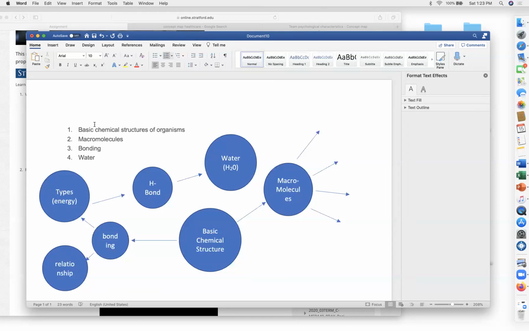So it goes, I get these four topics down, then I watch the videos, then I do the lecture, and then what do? As you build information, you just keep on adding to it. And then you'll see all the arrows and all the circles will grow. And then you could make the different circles different colors, arrows different meanings,